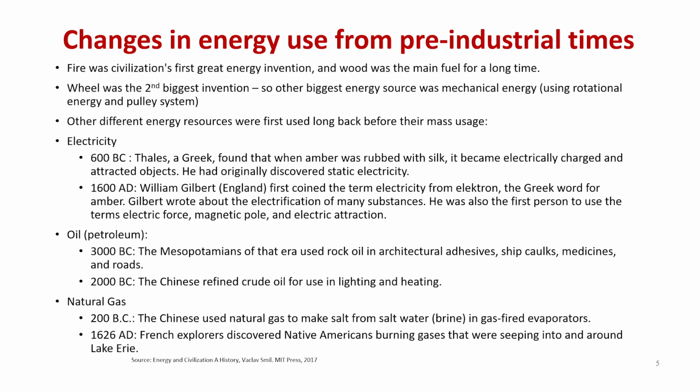The second was probably the invention of the wheel or pulley system, which was the second biggest thing. And if you look at it, that is also a big source of mechanical energy, like using rotational energy, and the pulley system became the second biggest invention of humankind, and that was also related to some form of energy that we had.